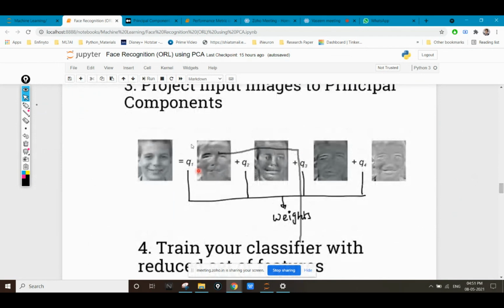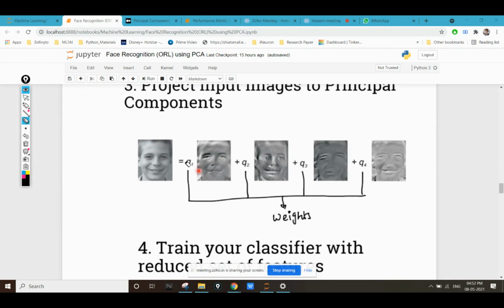You can say that each image will be divided into a number of features, which can denote a best fit line. Here we have values of q1, q2, q3, q4, which will act as weights, or in linear regression, these q1, q2, q3, q4 will act as the value of m.